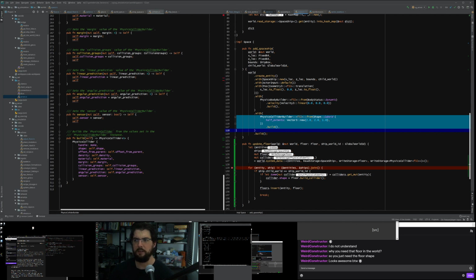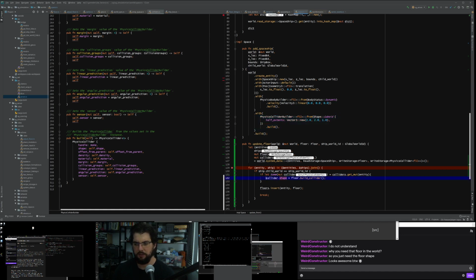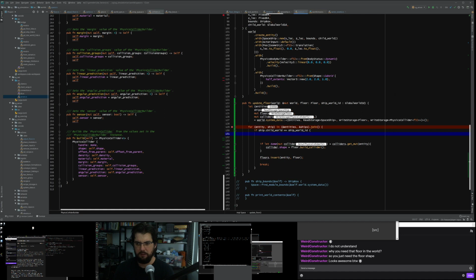Let's just try that. So rather than take the existing collider and modify its dot shape, we're going to nuke the existing collider and create a completely new one. In the same way that we nuked the floor and created a completely new one. So we say colliders insert entity.